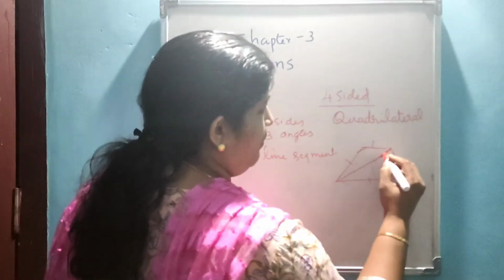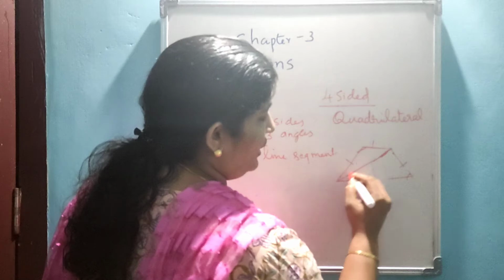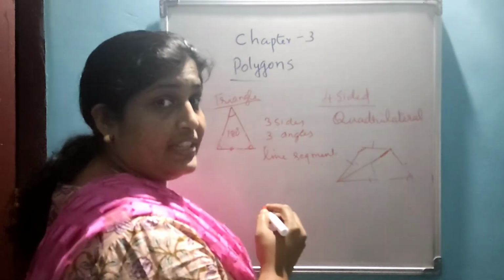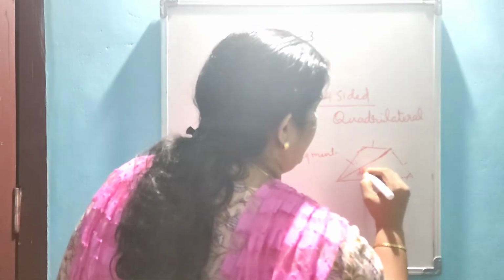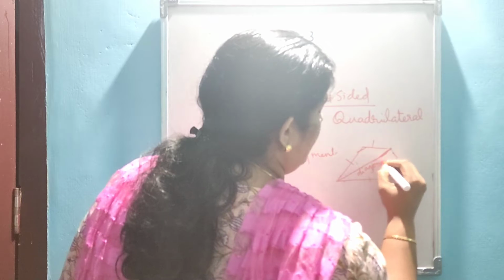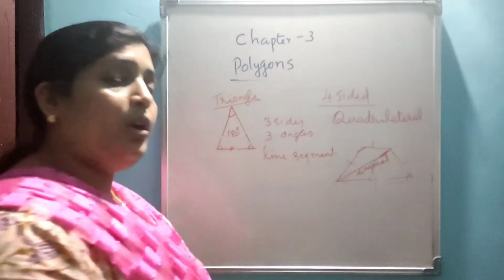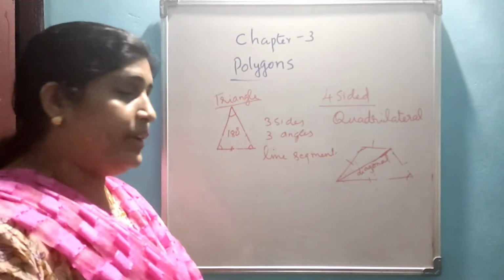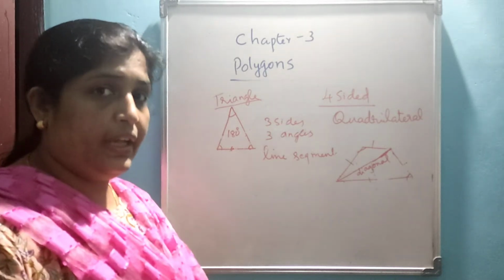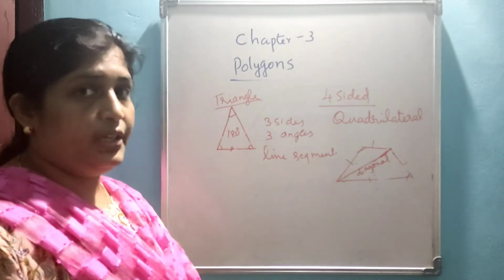And what is the name of this line, the line connecting 2 alternate vertices? It is called a diagonal. So it is one of the diagonals of the quadrilateral, and by drawing the diagonal, the quadrilateral is divided into